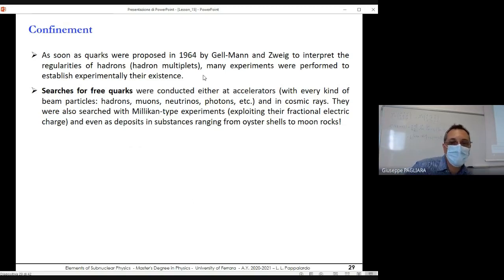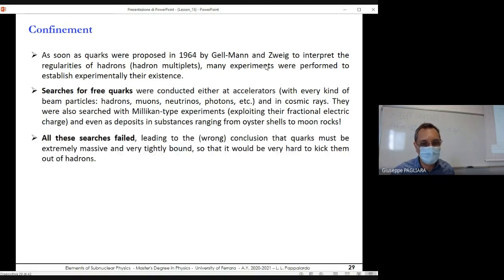So searches for quarks were conducted at accelerators with every kind of beam particle, hadron beam, muon beam, neutrino beam, photon beam, whatever, and also by searching in cosmic rays. They were also searched for in Millikan-type experiments, you know, the Millikan experiment with the drop of oil. This was quite straightforward because the quarks are predicted to have a fractional electron charge, so it would be quite easy to find them. No way. People were so desperate that they also started to search for quarks as a deposit in substances ranging from oyster shells, in moon rocks, in whatever thing. No way. All these searches failed,